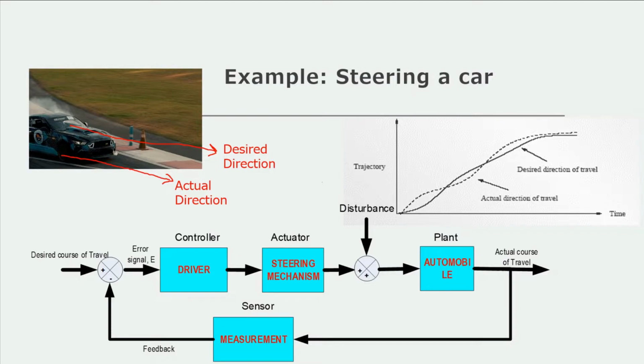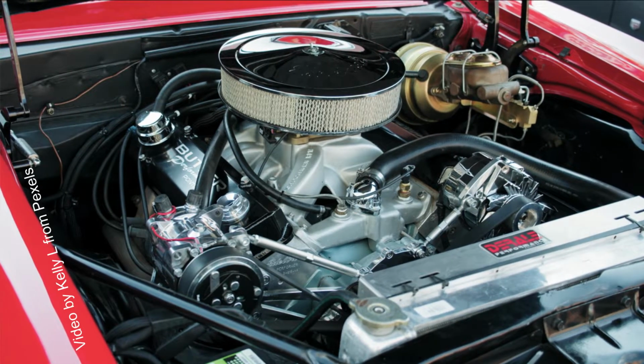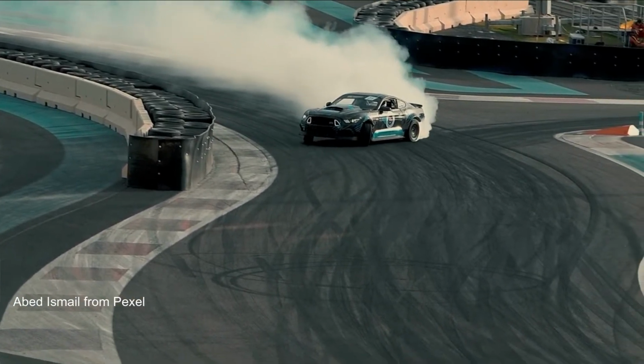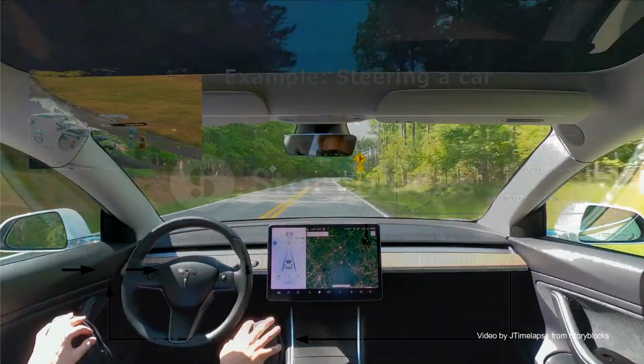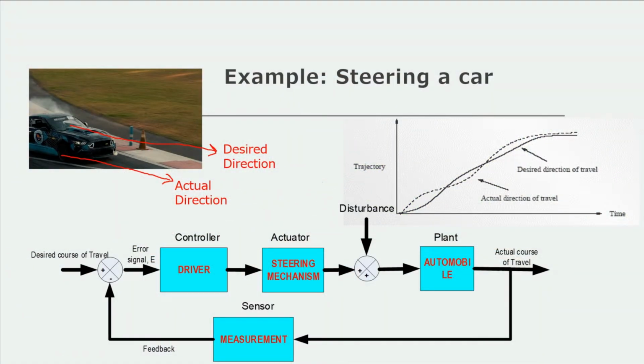In the car itself, they have several controllers, maybe engine controllers, maybe braking controllers, maybe a cruise smart controller. So here we just focus on direction controllers. The desired input will be the course of travel from the users, the desired path, desired directions. So the desired directions will be deducted with the sensors of the actual course of travel, and then we get the error signal, which indicates the error.